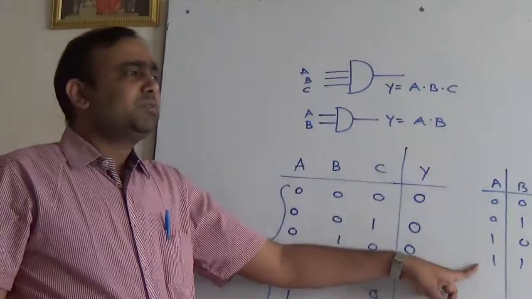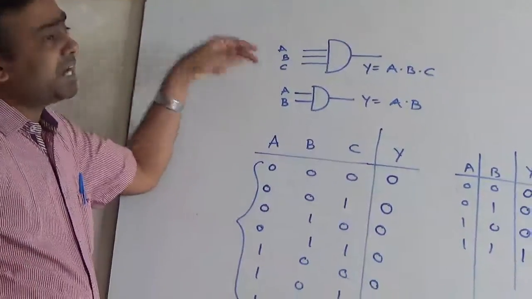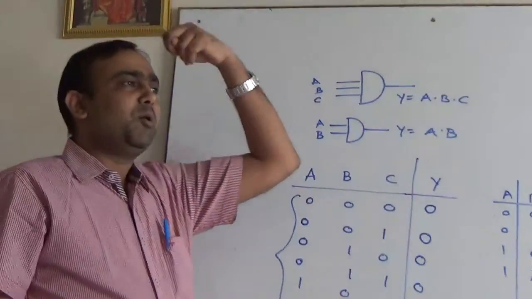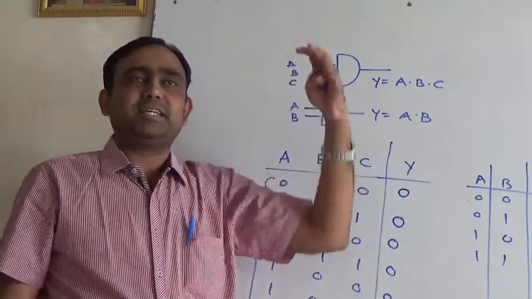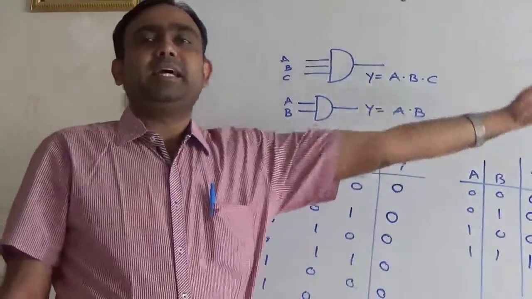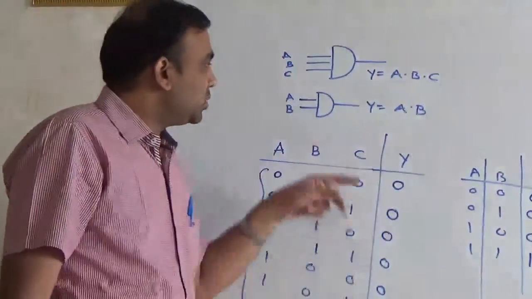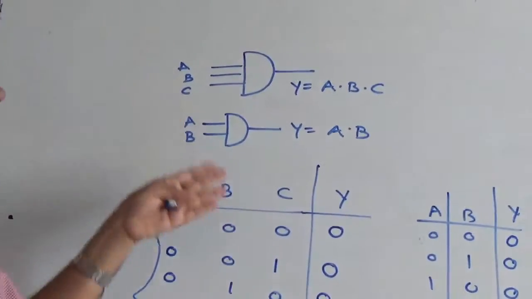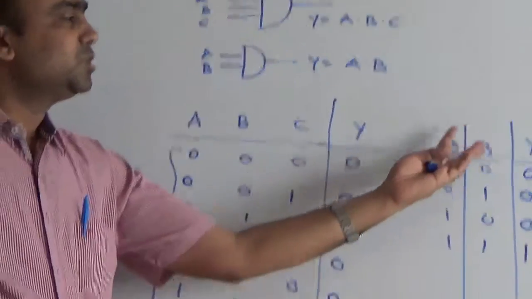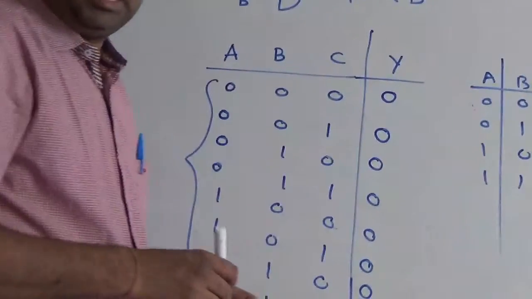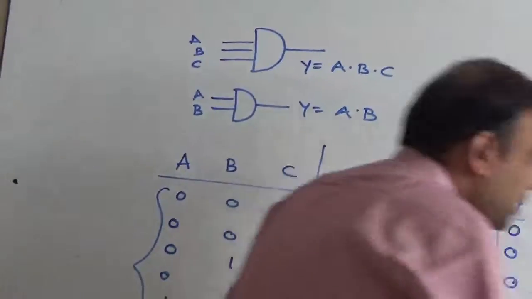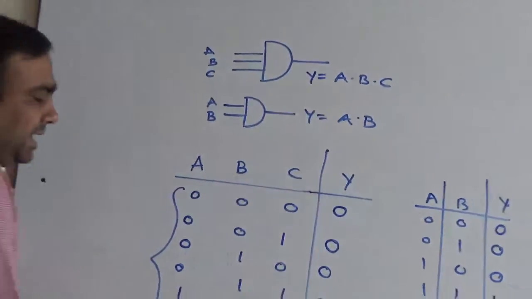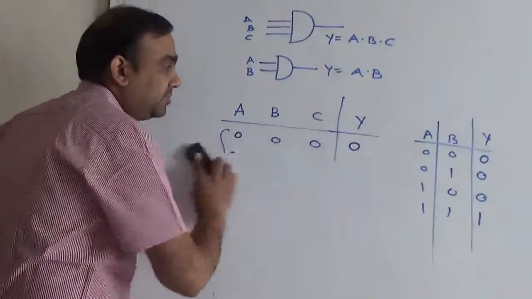So ANDing works for minimum 2 inputs, maximum no limits. You can have any number of friends and you will decide that if all are present, then I will go to cinema like this. So for an AND gate, minimum 2 inputs are there, maximum no limits. In this case, we had discussed 2 inputs as well as 3 inputs. Okay. Now, how to apply this ANDing in programming?